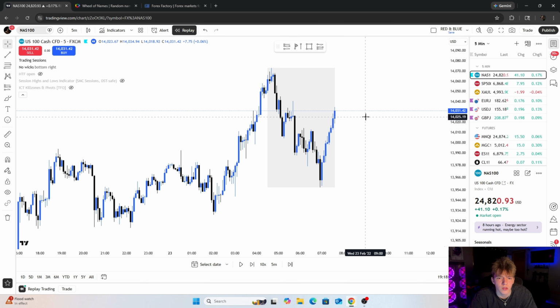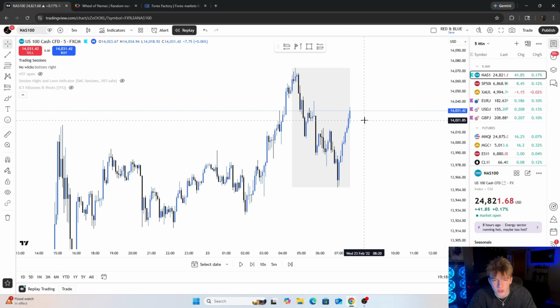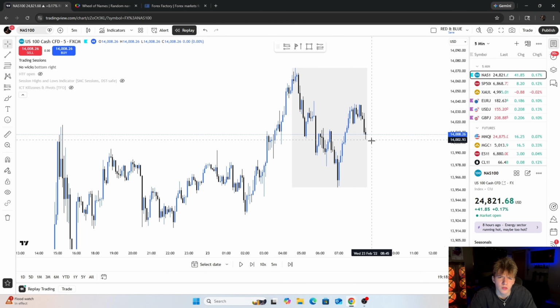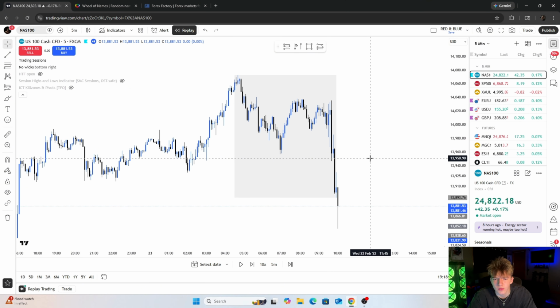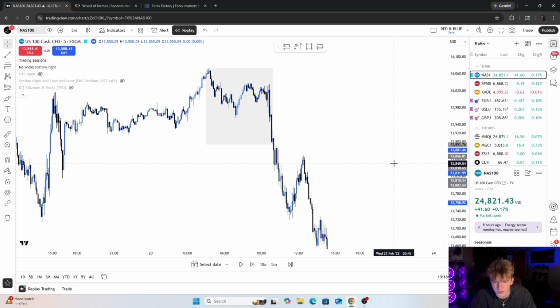Supply zone I would not take, and it lost anyways. Well, there really wasn't even an entry there anyways, but I was gonna say there's a supply zone with these 2 levels of liquidity, but why would you be really shorting when we're bullish? So that's that. Say demand, liquidity's not valid. Europe opens and we don't. All right, that's that for that day.